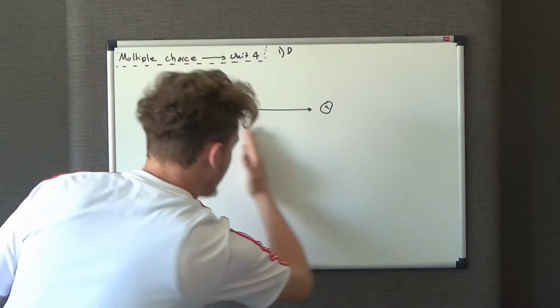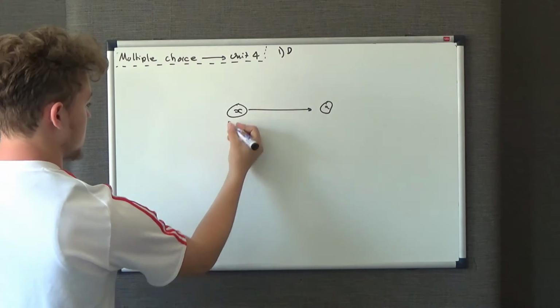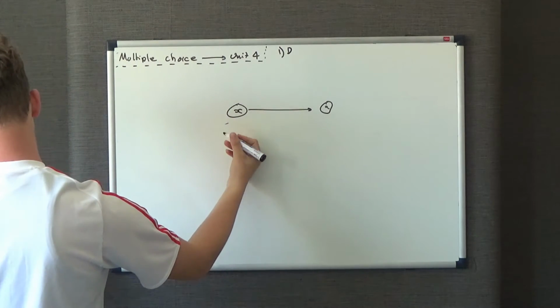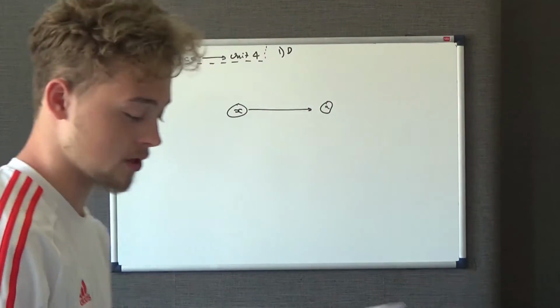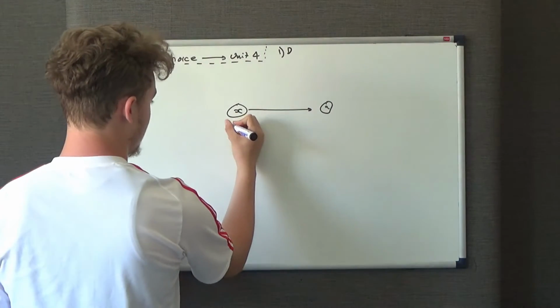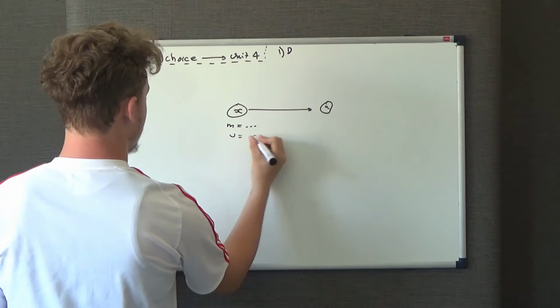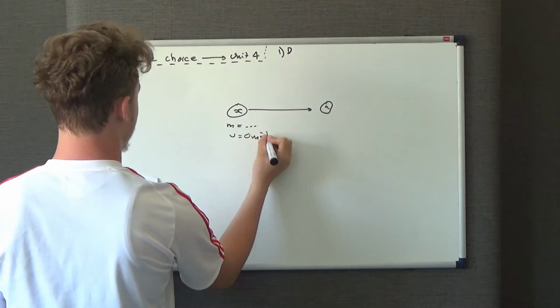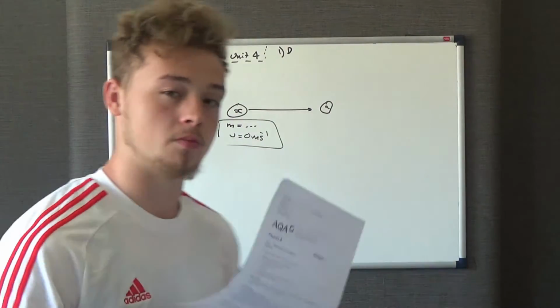So the alpha particle's been pushed that way. Initially, let's work out the momentum of this. Well, it wasn't moving. It says it's at rest. It wouldn't have mentioned at rest if we didn't have to use that information. So we know it's got a mass of whatever it has, but that's irrelevant considering the velocity is 0, okay? Now we don't have to work out the velocity of the alpha particle, but we know it's going to,